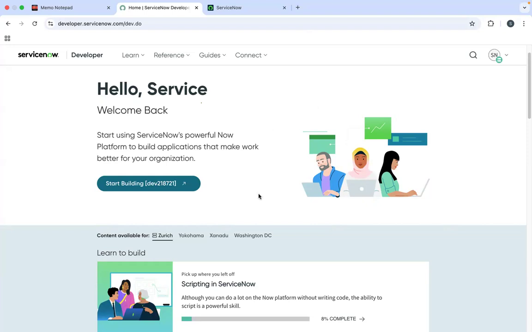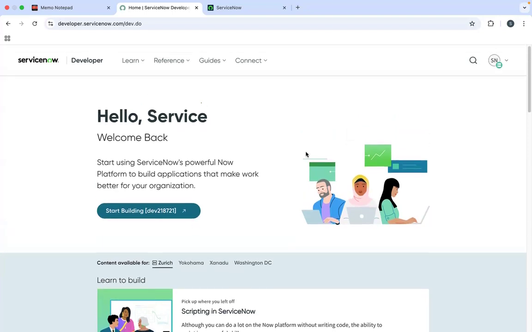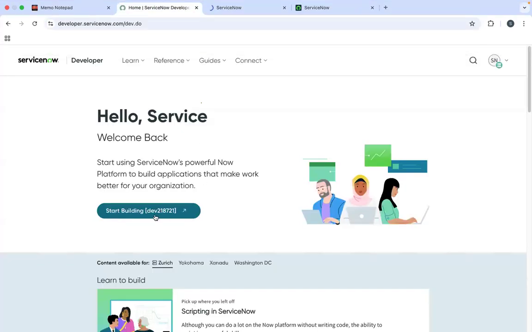Okay. So coming to that, you will be selecting the instance, creating a build instance, and selecting Zurich. This is the current version. You will be getting the instance. When you click on this instance, right? So when you see this, right, dev